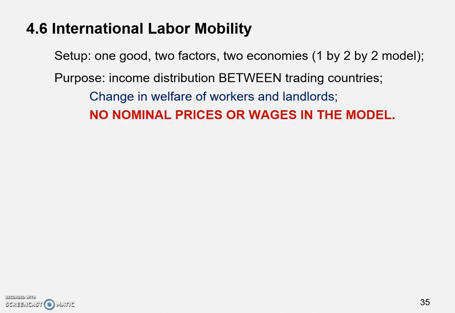One thing we would like to point out at the beginning of our discussion here is there are no nominal prices or wages in the model. Okay, no nominal prices or wages in the model. Now, previously, when we used the specific factor model, we did use the prices of products, right? And we also had the nominal wage, W, right? But here we don't want to deal with these simply because we're looking at